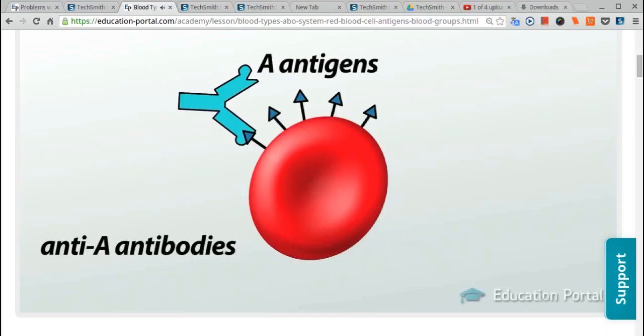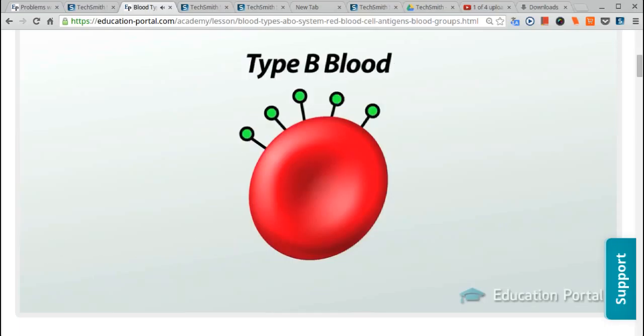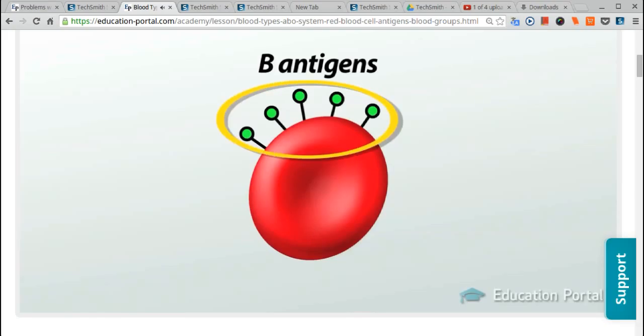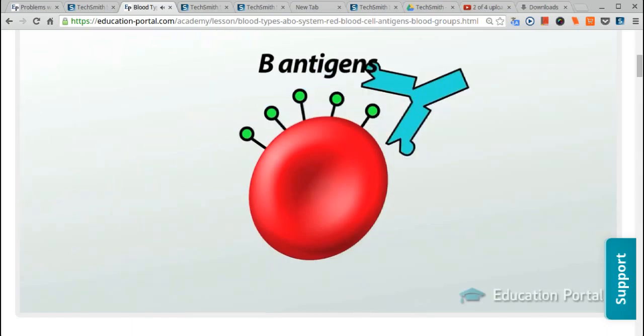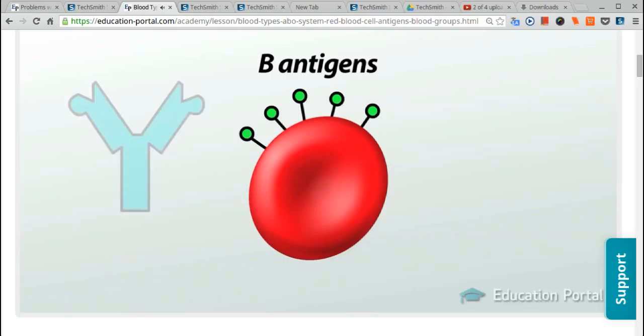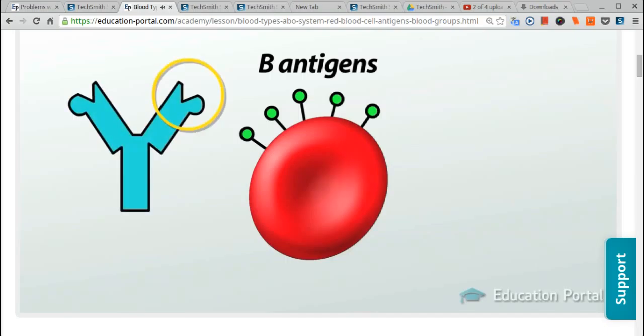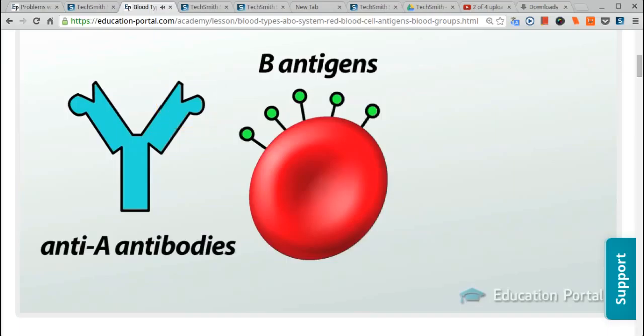Let's look at this further and consider type B blood. Being type B blood means you inherited type B antigens, and the red blood cells in your body would have B antigens attached to them. Your immune system would be used to seeing B antigens and would tolerate them just fine. However, your immune system would not be familiar with A antigens because they are not present on your red blood cells. Your body would form antibodies against A antigens called anti-A antibodies, and this mixing could lead to clumping or